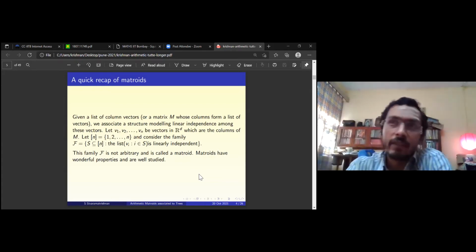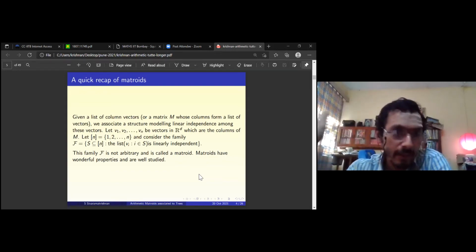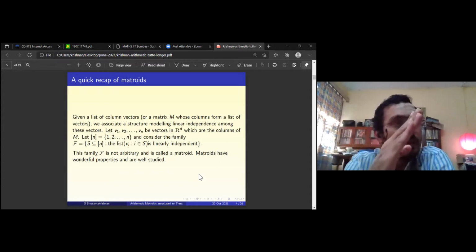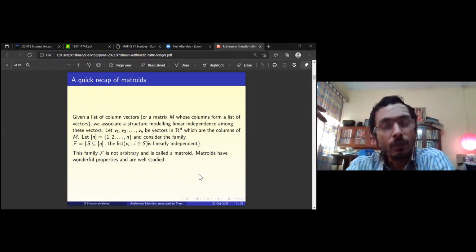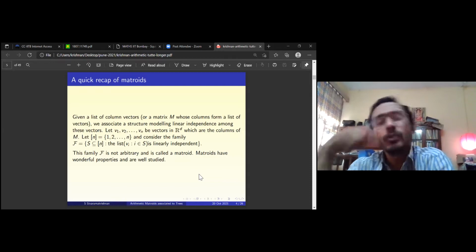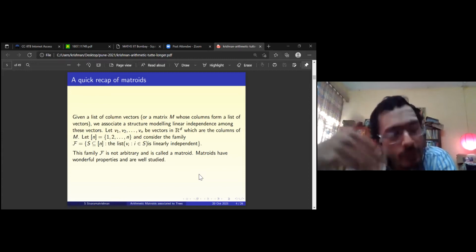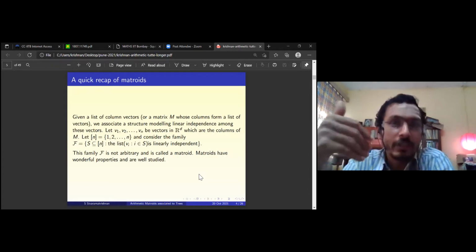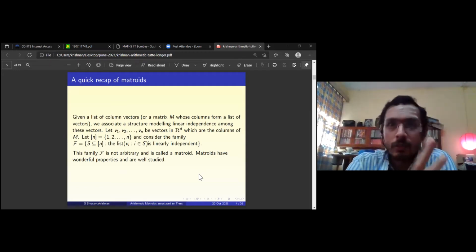So you add the heaviest edge, then you add the second heaviest. If the third heaviest can be added without forming a cycle, you add it. So you just keep adding the topmost edges from the heaviest one, such that you don't form a cycle among the added edges. That will give you a maximum weight spanning tree. That's why it's a greedy algorithm. Greedy in the sense that you just go for maximum weight as much as you can, and that seems to work. And why? Because underlying it, there is this matroid structure. These are things that we study in optimization and so on. So matroids have wonderful properties from various contexts. It is studied in, it's more than a simplicial complex.